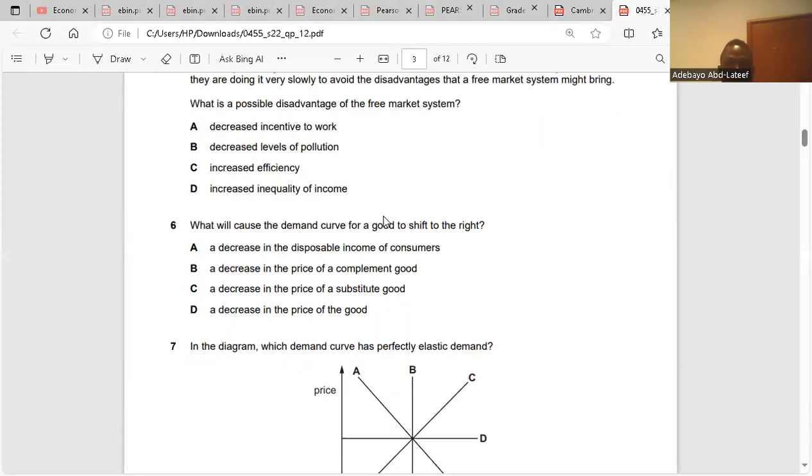What will cause the demand curve for a good to shift to the right? It's not A. A decrease in disposable income will reduce demand. The answer is B, but let's check C. A decrease in the price of a substitute. If there's a decrease in the price of a substitute,